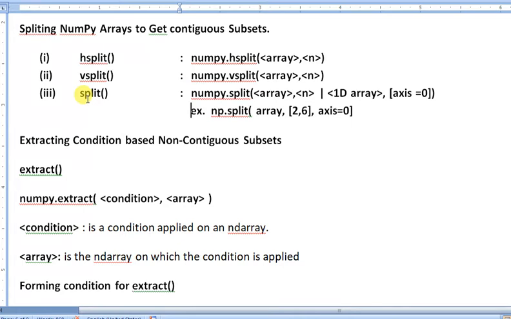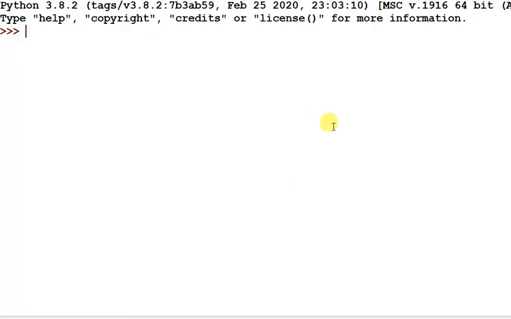In the previous video, we learned the joining of arrays, and in this video we will learn how to split a one-dimension or two-dimension array with the help of these three functions. So let's move to the Python shell. The topic is splitting arrays